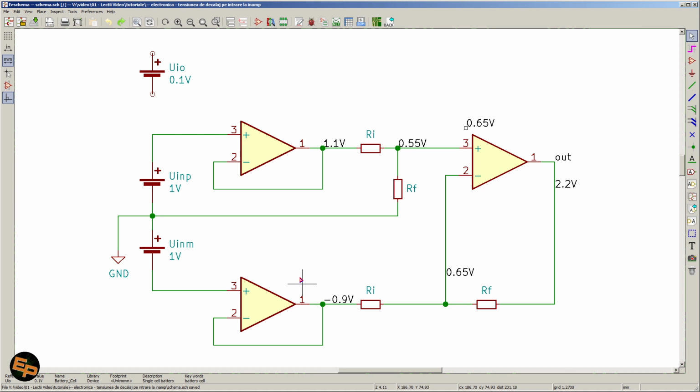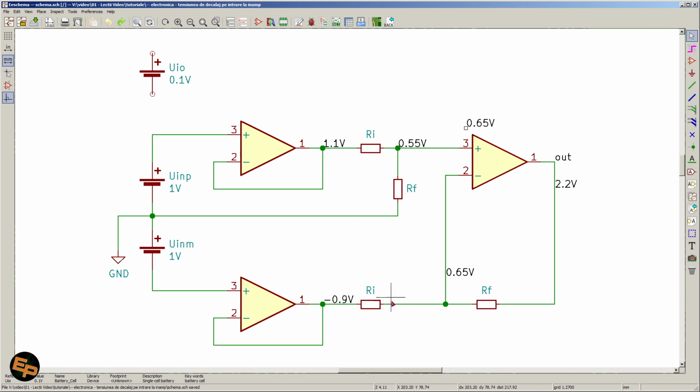Now, it is true that at this point we don't really care all that much about this input offset voltage, provided that both of these amplifiers have the exact same input offset voltage, both in magnitude and in sign. We don't have a positive and a negative one; both are either positive or negative, because the difference between these 2 points will still be equal to the difference between the input points. If we take the difference between 1.1 and minus 0.9, we still get 2 volts, just like on the input. So at this point, we don't really care that much. However,